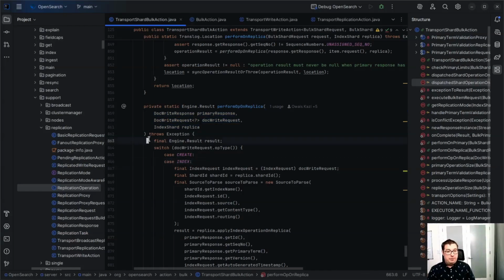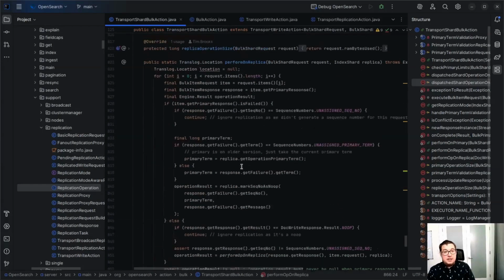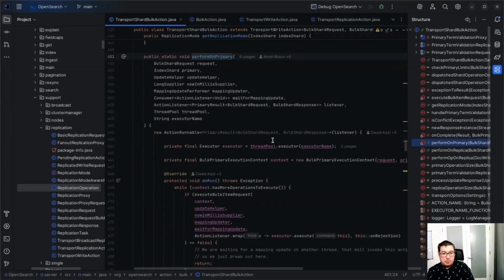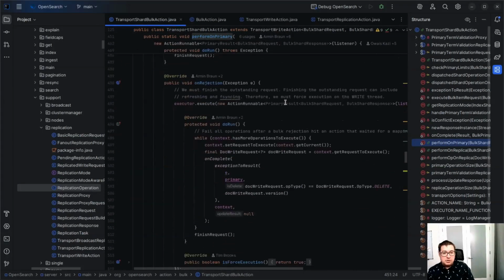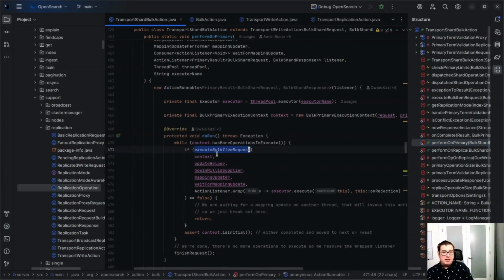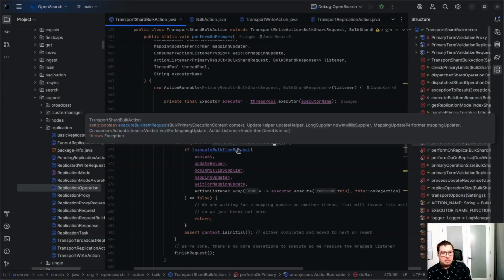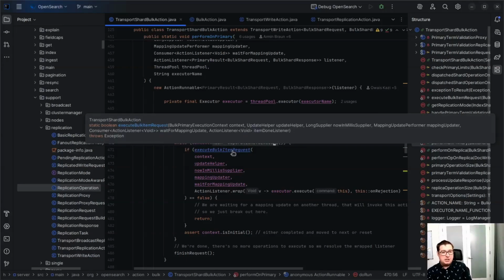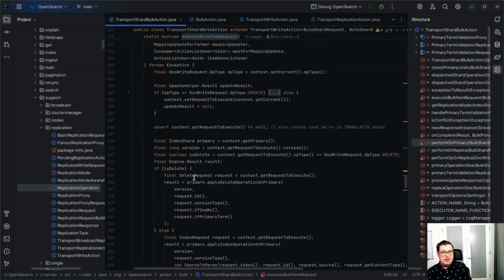So now for the item, this one was called perform on replica. This one is called perform op on replica. And so curiously, we don't do the same thing for the primary. On the primary, somewhere else we end up iterating through, we call this execute bulk item request. Yeah, so we're saying we have more operations to execute. Oh yeah, because there's this whole bulk primary execution context. And yeah, this is the one,